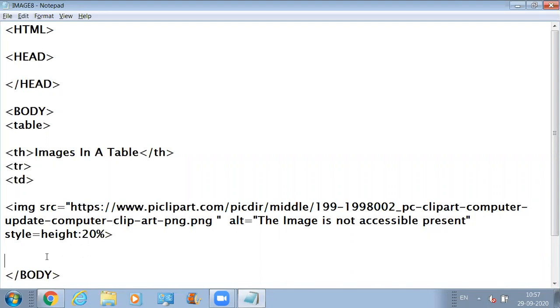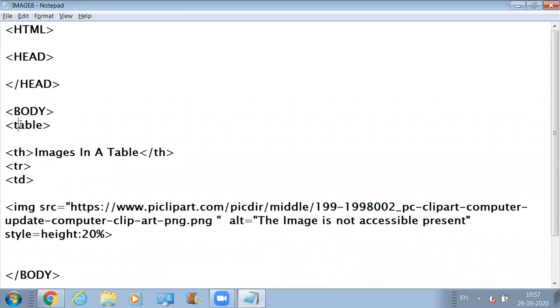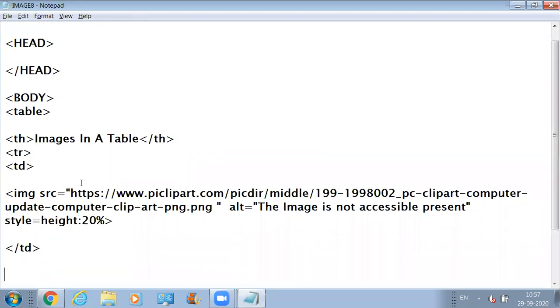So how can I make this image behave as data for this row that I've created for this table? Just by enclosing it inside this table data, right? Now this table data is a part of this table row, and this is the first row. This is going to act as the first row for this table. Okay, and this is the header for this table.